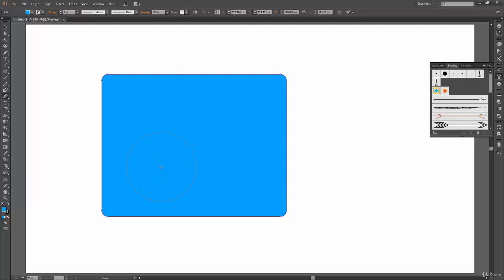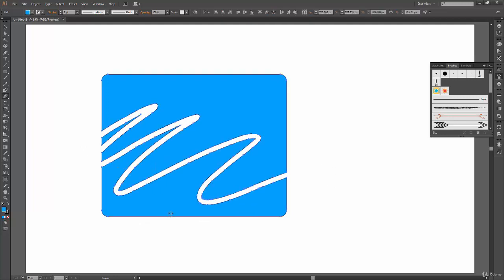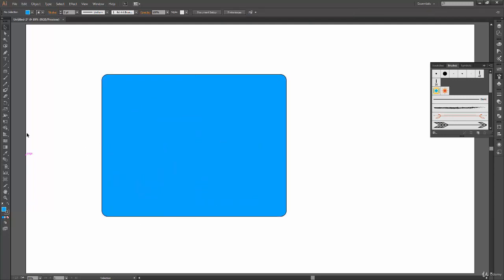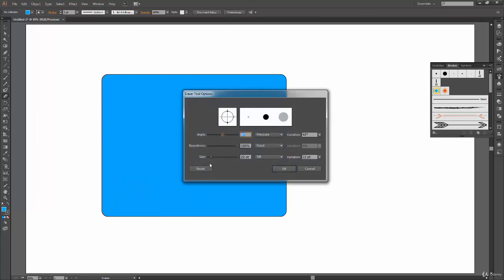By bracket keys I mean square brackets, the square brackets which are next to P over here. I don't know the layout of your keyboard, but generally those square brackets are beside your P key and just above enter. So you can change the size of your eraser from there, and after that you can just click and drag to erase anything from any shape. Okay, so we have seen angle and roundness. Now you can change the size of the eraser from here also, and it will work perfectly fine.